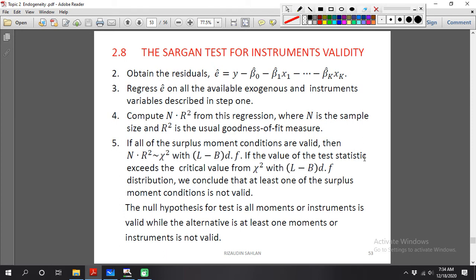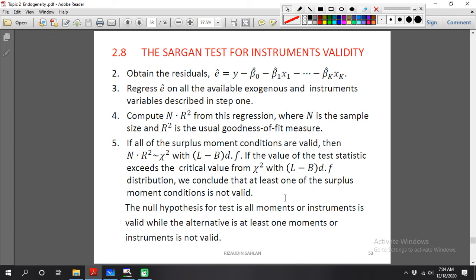If the value of the test exceeds the critical value from the chi-square distribution, we can conclude that at least one of the surplus moment conditions is not valid. The simple way: H0, the instruments are valid; HA, the instruments are not valid. If H0 is rejected, our instruments are not valid.